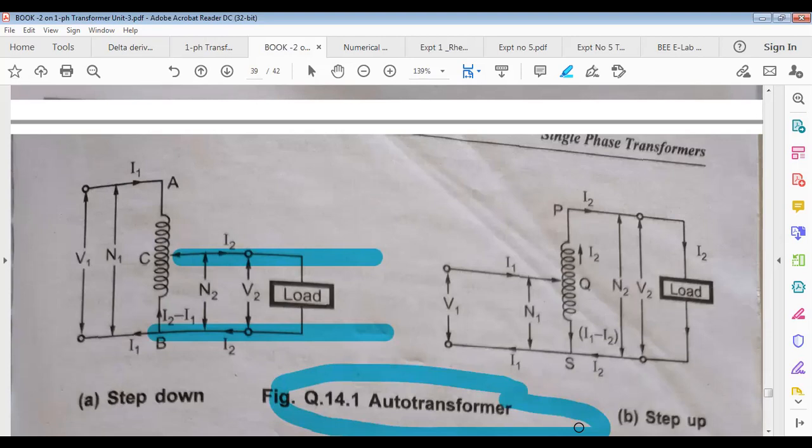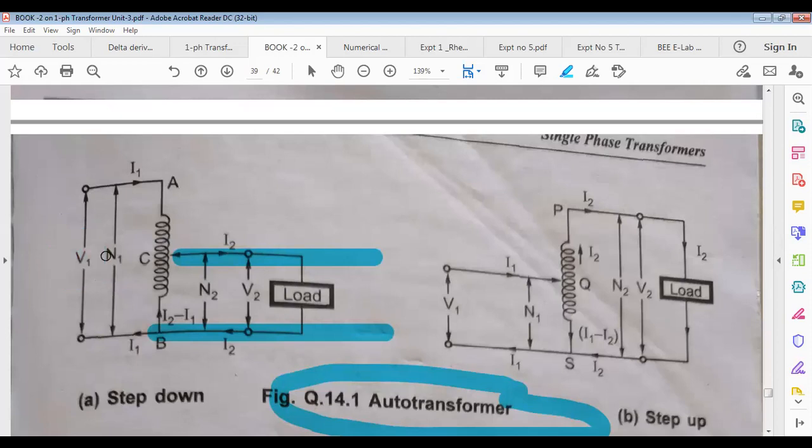What is its application? Application is when the available input voltage is constant, and that is everywhere. All of you know single phase AC voltage 220 volt is constant everywhere. Three phase AC voltage 420 volt constant everywhere. So whenever the available input voltage is constant and I want to apply to some circuit, initially suppose 100 volt, then 110 volt, 120 volt, 220 volt, so on, then go for auto transformer.